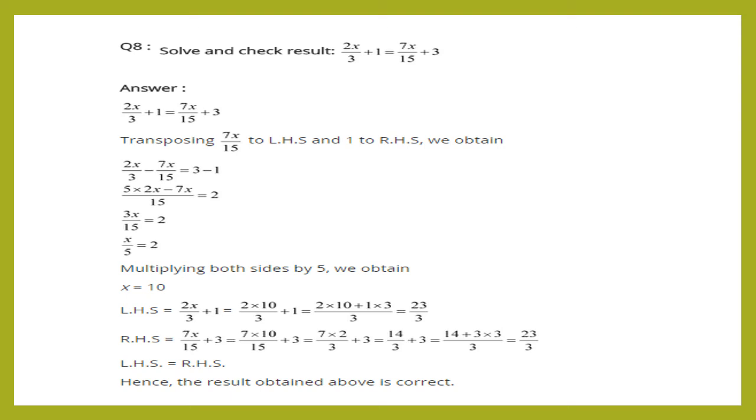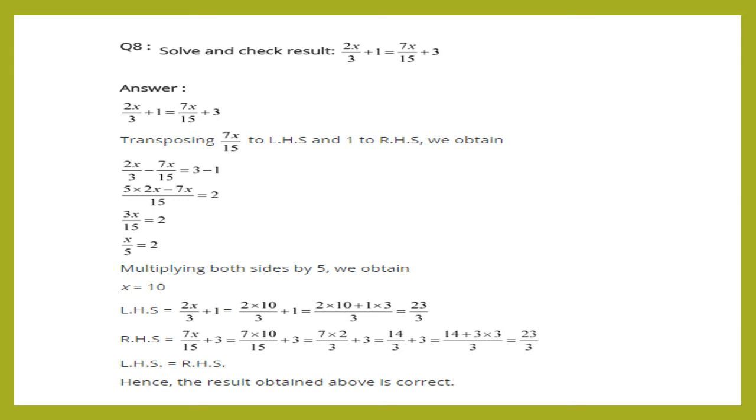So here 3 and 15, different denominators are there. If we find the LCM for these different denominators, we'll get the LCM as 15. So LCM is 15 here, children. So we took the common denominator as 15. Instead of 3 and 15, two different denominators, we are taking the common denominator as 15. To make the 3 into 15, we want to multiply by 5. 3 5s are 15, so multiply the numerator also 5 times.